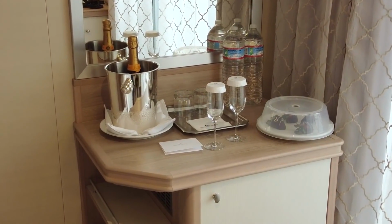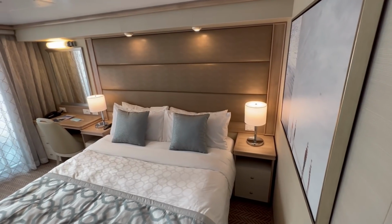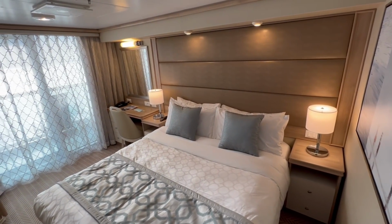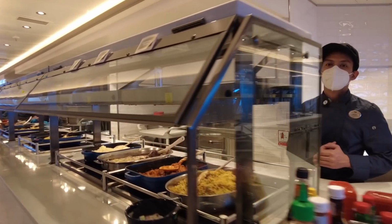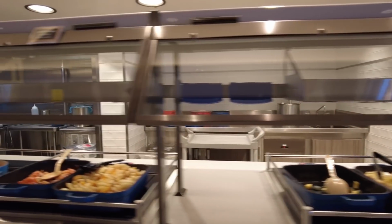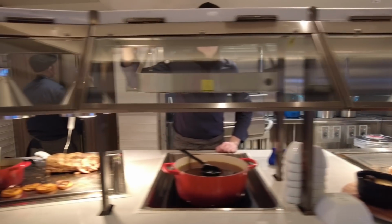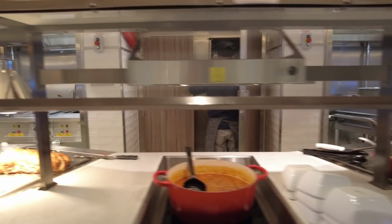He made up our room at least once daily, and whenever else we requested it. Also, he always seemed to be around to say hi and ask about our day. In the World Fresh Marketplace, the staff served guests most items, as this is currently part of the Princess Cruises health and safety protocols. Still, there were a few grab-and-go options, but for the most part, cruisers were not allowed